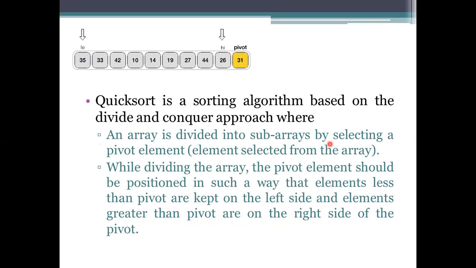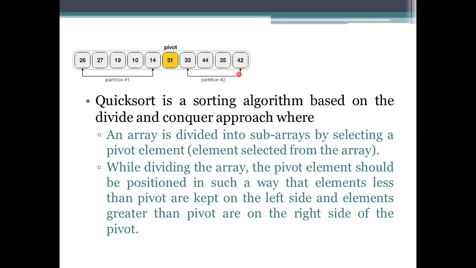See here, the last element below is considered as the value of the pivot. So the last element we have chosen here is 31. So 31 is the pivot element. We need to partition the array and sort it. How it works here is, first I take the 31 value. This 31 is specified as the pivot element, and this pivot element has to be taken into account in the processing.